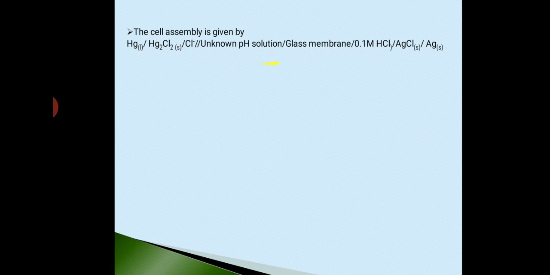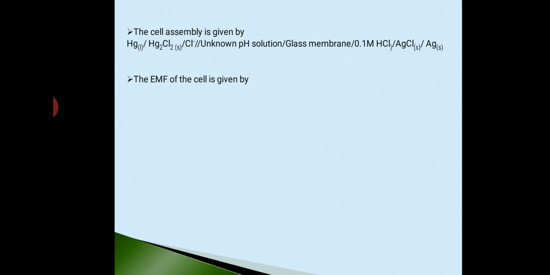So a known pH solution comes here. After that, the glass electrode: glass membrane | 0.1 M HCl | silver chloride electrode. So first the anode representation, which is SCE, standard saturated calomel electrode, then our unknown solution, after that the glass membrane. Okay, this was the cell representation, very important, you must include the cell representation.